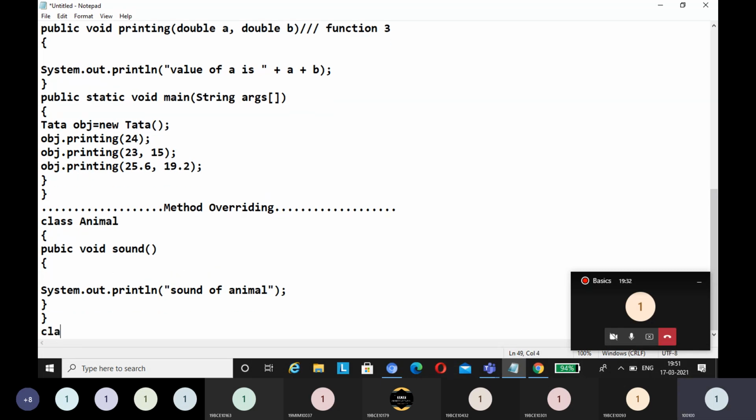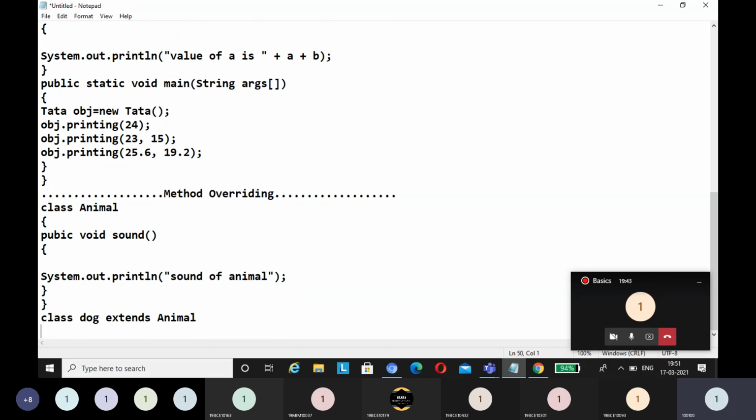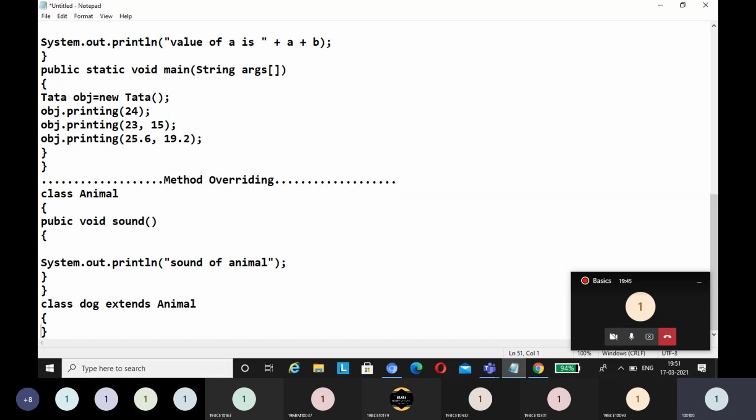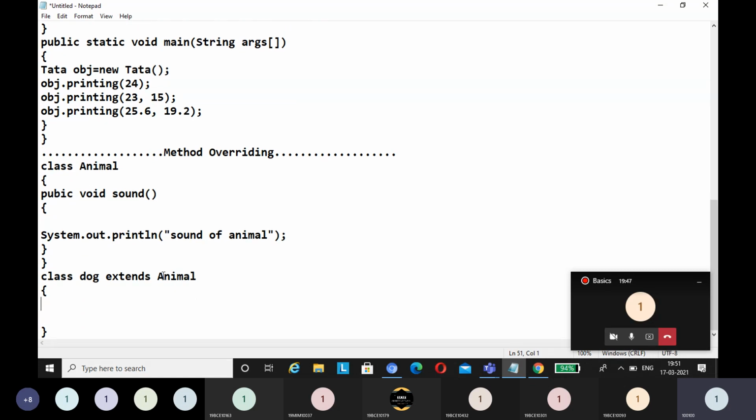Suppose class Dog extends Animal, and then the same function is going to be overridden. If you call it override or overridden, both have almost the same meaning. Public void sound,